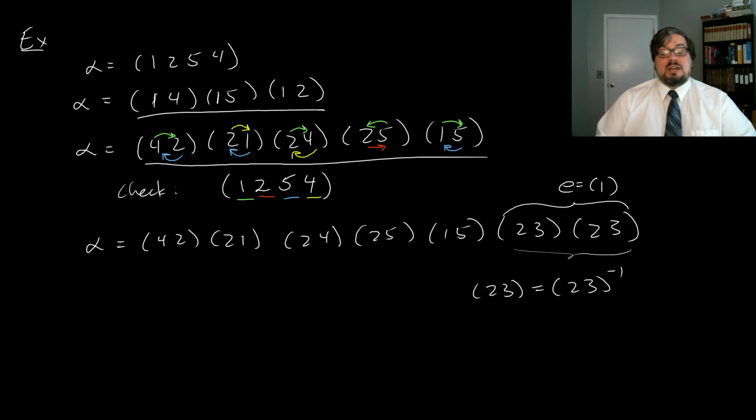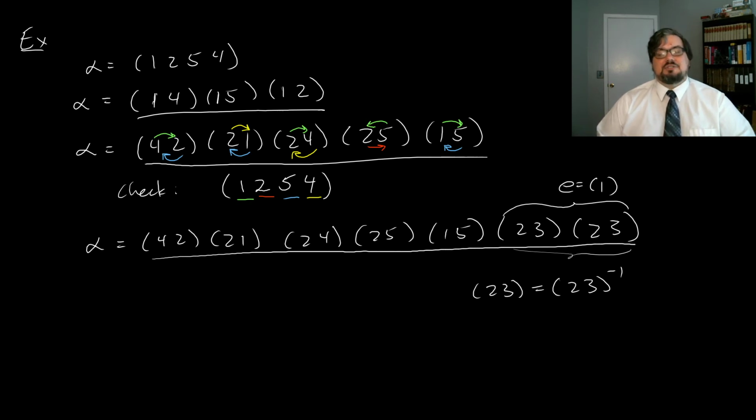And so multiplying by the identity doesn't change anything. So we can get here another decomposition of alpha into a product of transpositions. And notice that this one has length 7. So here we have length 3, here we have length 5, here we have length 7, and this certainly isn't